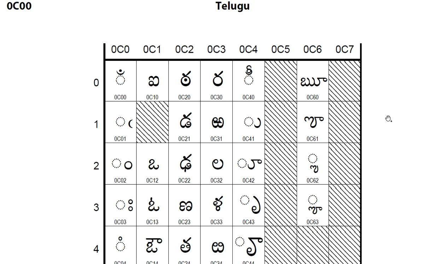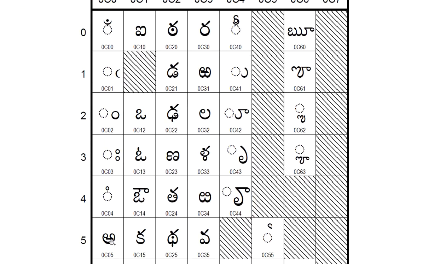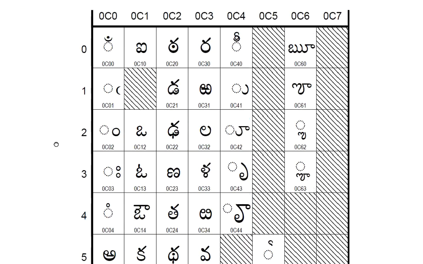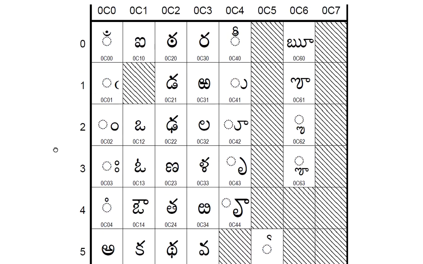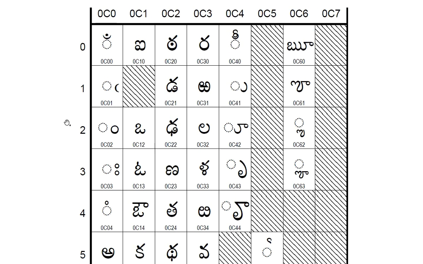Here is the Unicode Telugu character set. Here you can see the Telugu letters, and let us find out where the letter A is. A is there at 0C05. So what is this 0C05? It is the hexadecimal representation. 0 is represented with 4 bits, C with 4 bits, 0 with 4 bits, and 5 with 4 bits. Total 16 bits, that is 2 power 16, which means around 65,000 and more symbols can be represented.